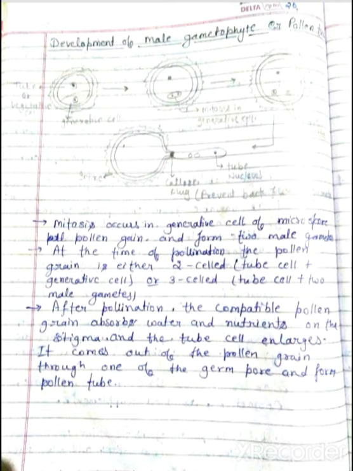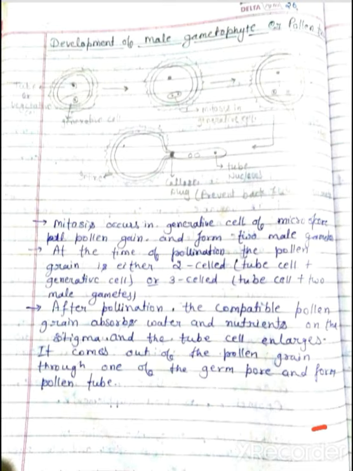Welcome back to your next video of your chapter 2, Sexual Reproduction in Flowering Plants. And in the last video we had discussed some features of pollen grains, pollen viability, pollen allergy, etc. And in this video I am going to discuss the development of pollen tube, how the pollen tube develops in a pollen grain. So let's start.